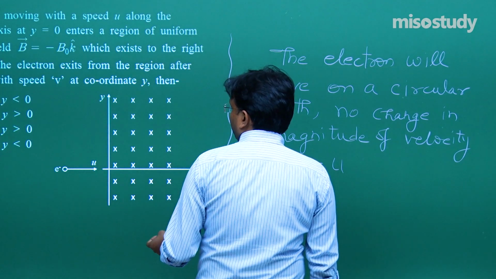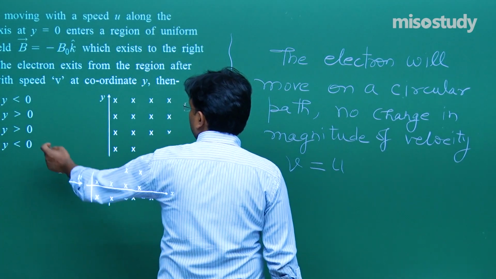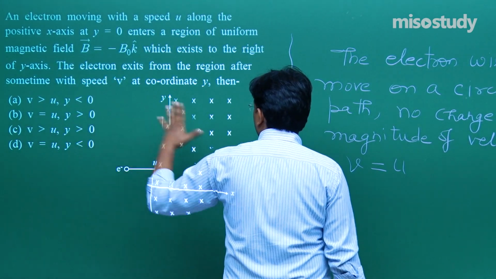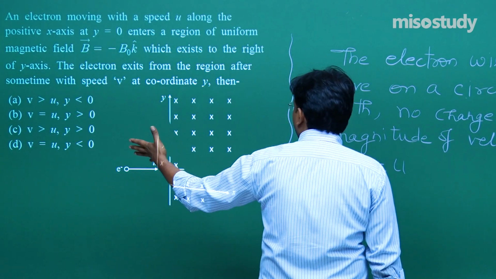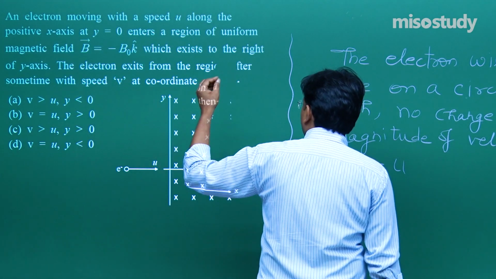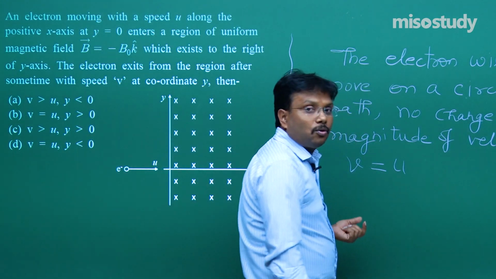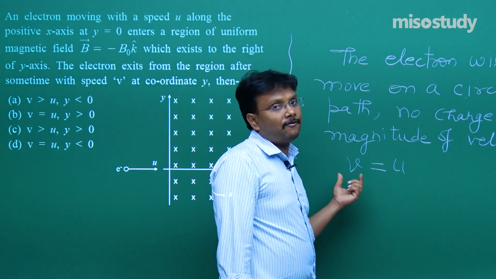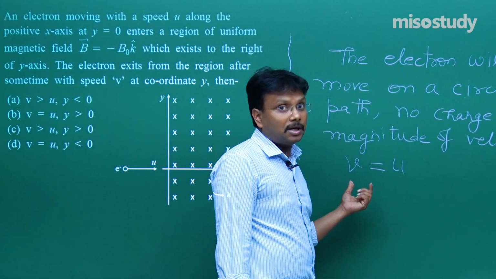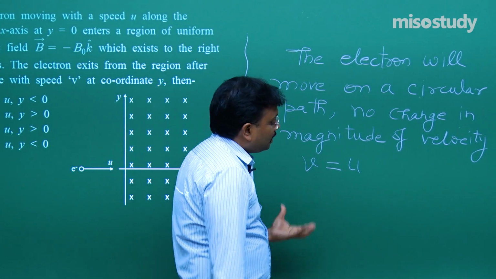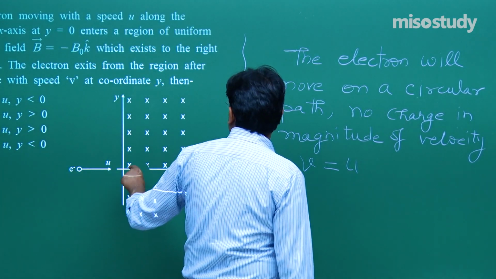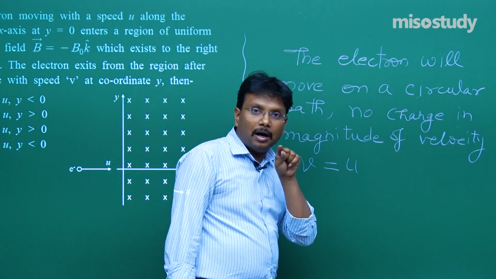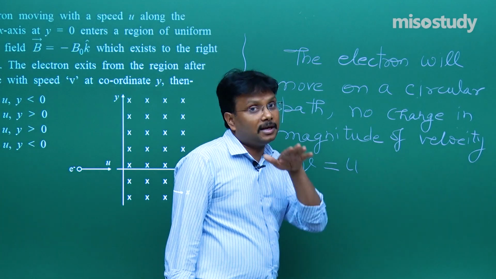So, now let us try to check the options given over here. So, possibility is B and possibility is D. Now, we have to exactly find out which one is the correct option. As per this explanation, initial velocity and final velocity magnitudes are equal, fine, and it is also like that the electron will complete the circle. So, it will move where y is less than 0.